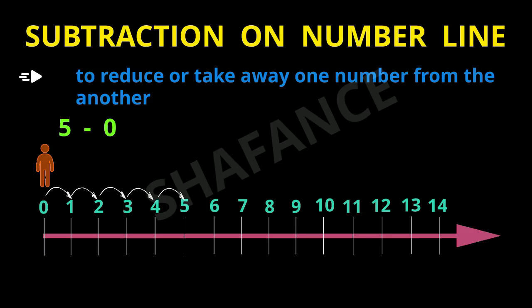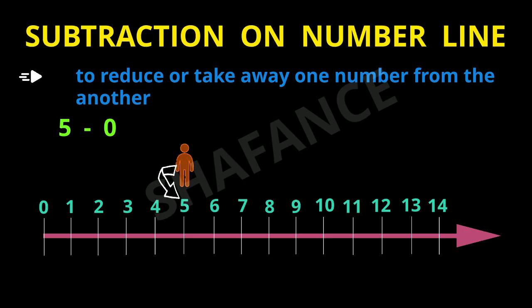So the person is at 5. Now we will subtract or take away from these 5 places. And how many places will we take away? We have to take away 0 places. So 0 places means the person will not move to any place, either left or right, because when we start with 1, if the person has to take away 1, then it moves 1 place. But 0 means it doesn't have to take away. So the person stays on the same place.